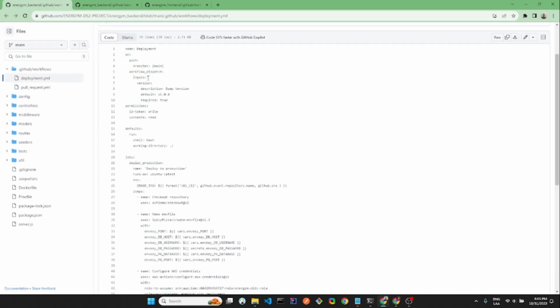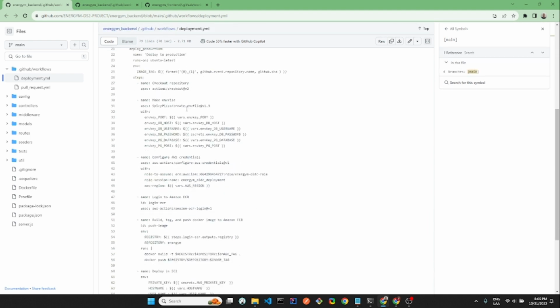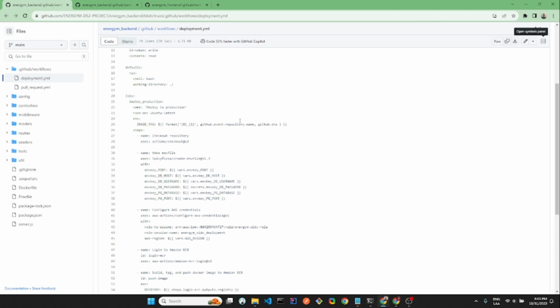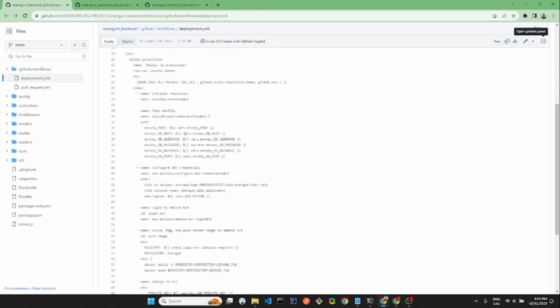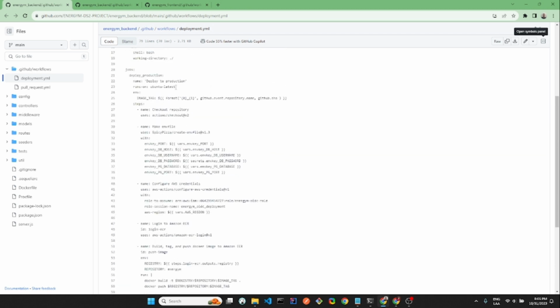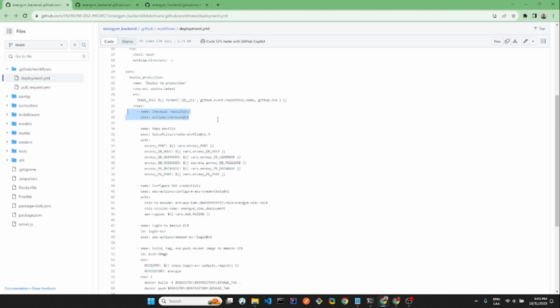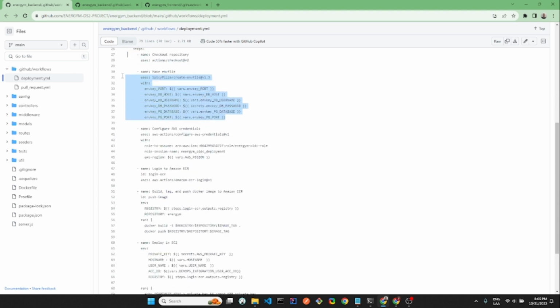The idea is that this workflow is going to be triggered when a push is performed into the main branch. Then we create the image. This image tag is for the image name that we create in order to run the container. We first get access to the repository. We create an env file. This env file is for the